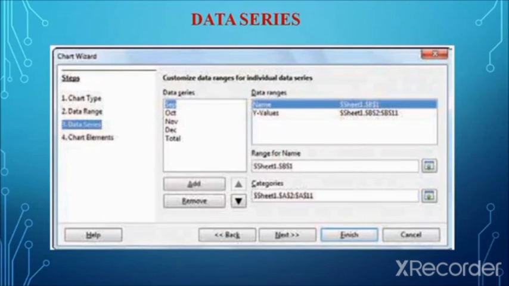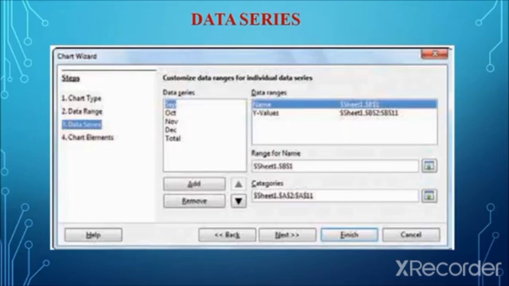This is one of the most useful methods for specific data requirements in the chart. To mention the column name, that is the x-axis name and the y-axis name. After mentioning the name for the y-axis, that is the column names, the data series, the user can click on the next button.